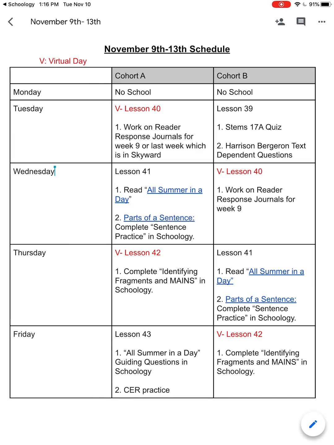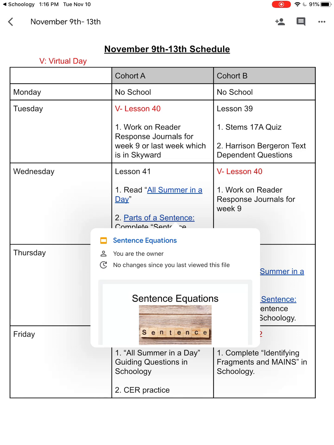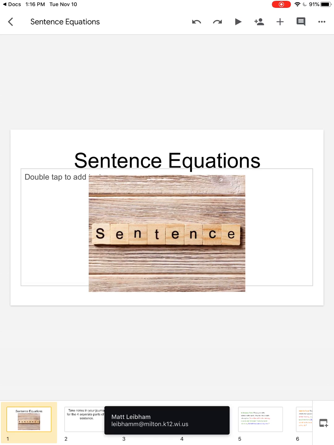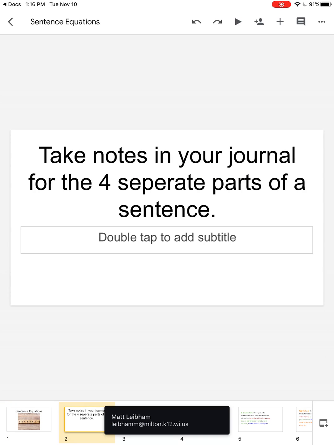We read all summer in a day all together. We did some highlighting, all good stuff. So then second period together, we're going to look at the parts of a sentence Google slideshow, and then I'm going to walk you through what I want you to do for practice. So go ahead and open up the parts of a sentence. If you click on the link in number 2, it'll bring up sentence equations. It'll look something like this. And then if you could take out your notebook,